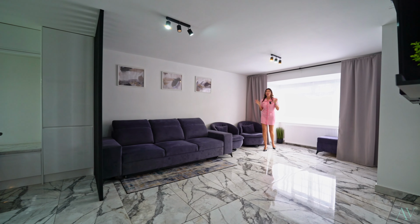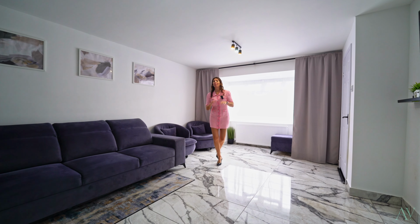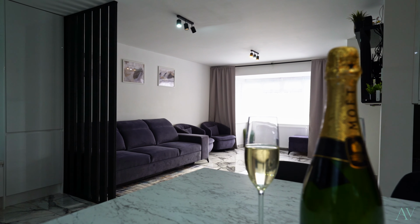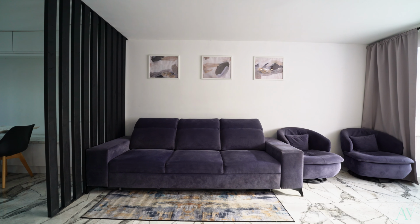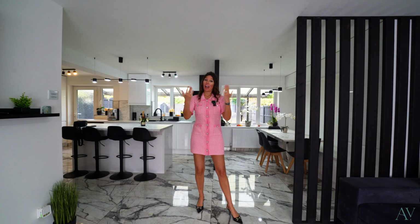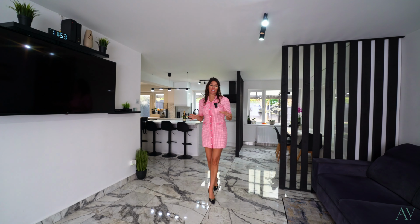I absolutely love how the current owners opened up this space, making it perfect for entertaining and socialising. If you're someone who prefers having a separate lounge, you could even incorporate pocket-style doors here. However, this space has such a beautiful flow to it, and it's designed for modern-day living that you won't even